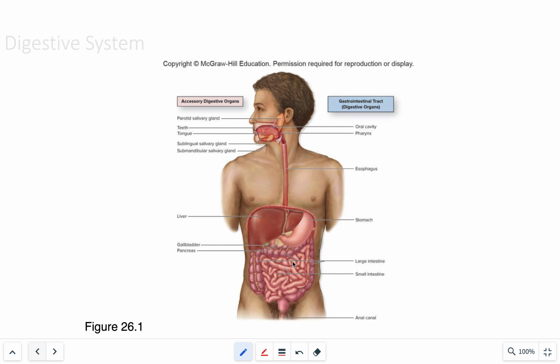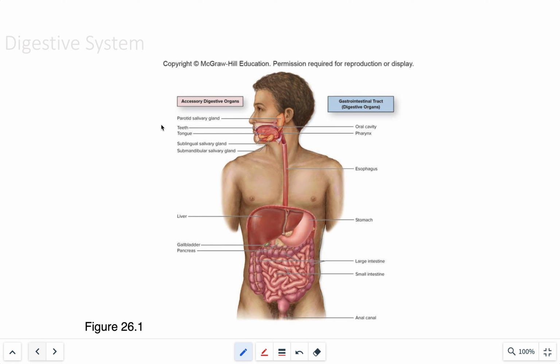Absorption is basically passive or active transport of digestive products across the GI tract epithelial tissue, and then eventually making its way through the large intestine for the last function, which is going to be elimination of waste through the feces and defecation. So when we're looking at the different types of digestive organs, the first one we'll look at